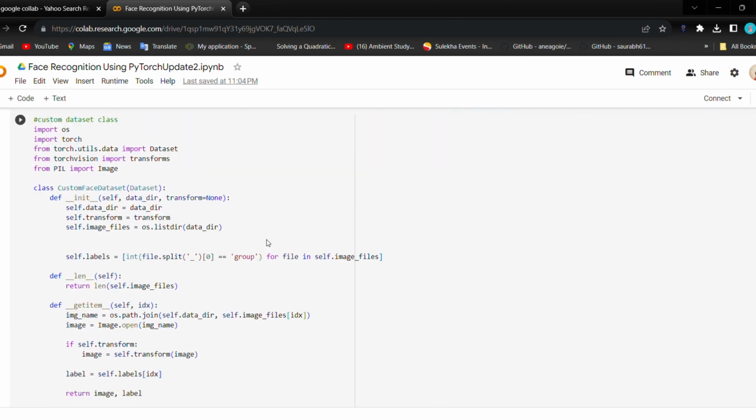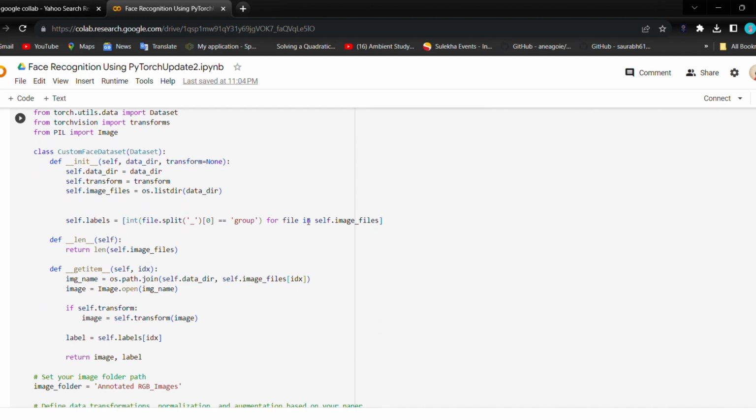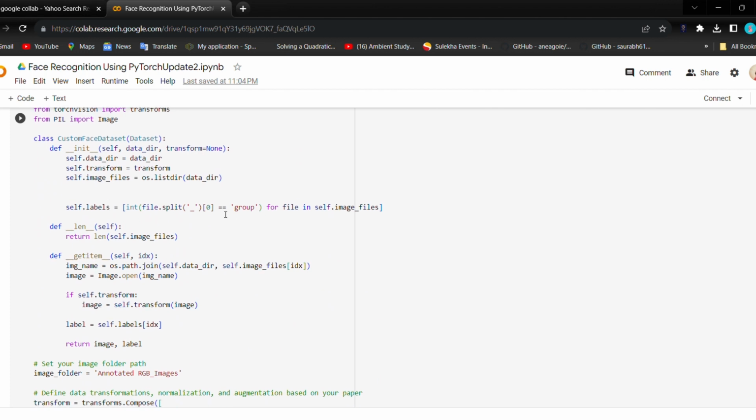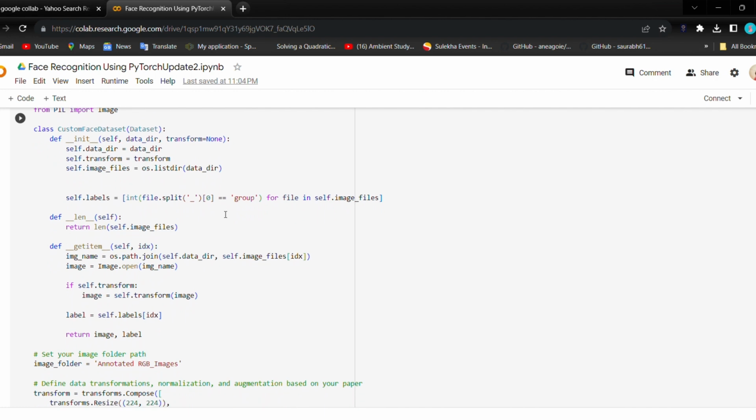When it comes to this custom dataset class, we are defining a custom face dataset, created with the specified image folder and transform for face images. The dataset includes a basic label assignment based on whether the image file name starts with group or not.